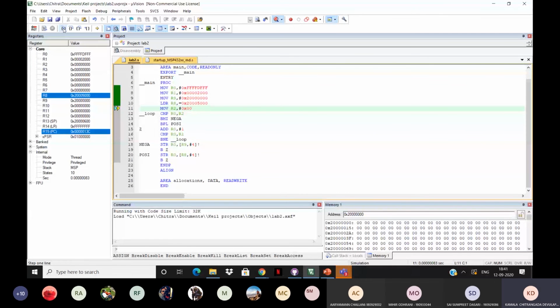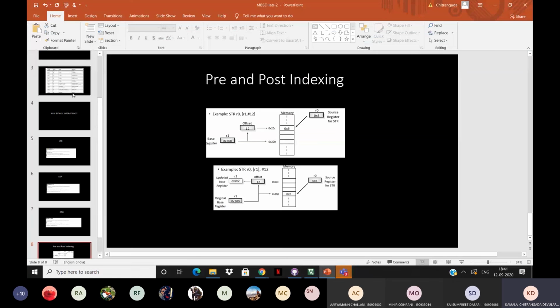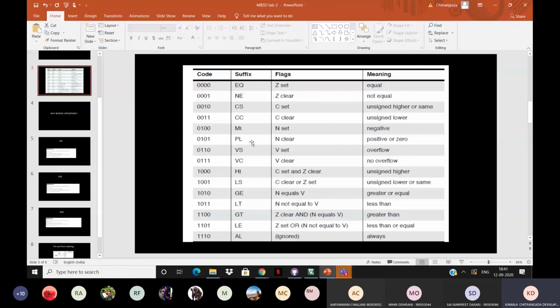And I moved 0 into R2, and then I'm comparing R0 and R2. So if I compare a negative number with 0, it's going to be negative only, right? So, and then I'm giving a BMI, which is basically, as you can see here, is if your negative flag is set.